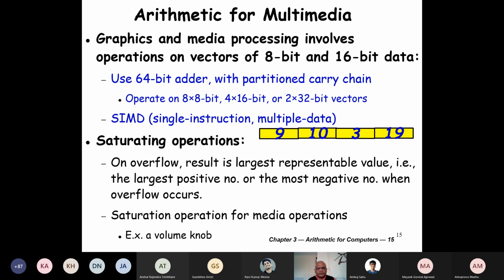Just like a volume knob, or let's say the increment volume button on your mobile, we keep on incrementing the volume, but it saturates at the largest value. So the same type of saturating operations for the multimedia.